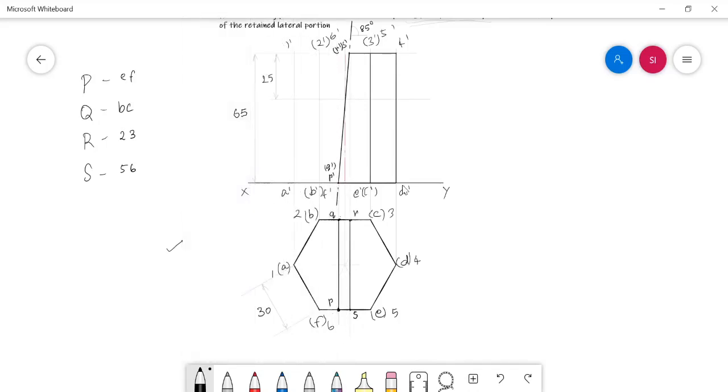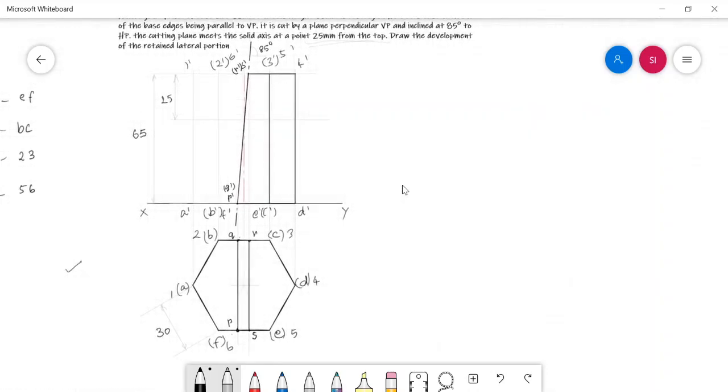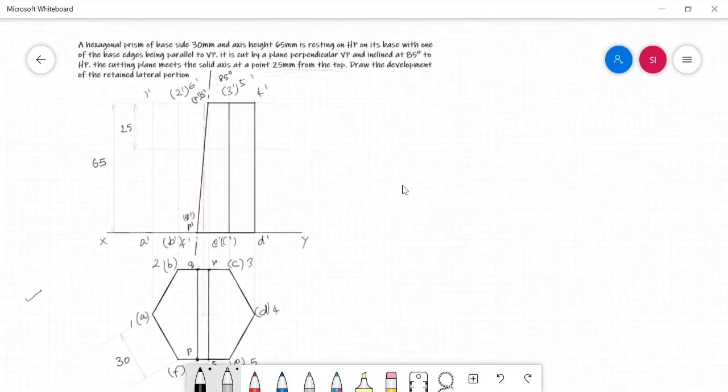Actually, in this problem, this area is the removed portion. They should not be dark, but in this application I am not able to change the darkness after drawing this. But in your work, when you start drawing these things with the 2H pencil, after marking the cut points you need to differentiate the retained portion, that is this portion, by darkening the live edges with the HB pencil. And we need not hatch the area bounded by connecting the cut points, since it is the topic development of surfaces. Then we can go for developing the solid by means of the parallel line method.